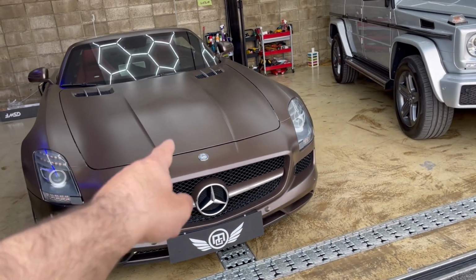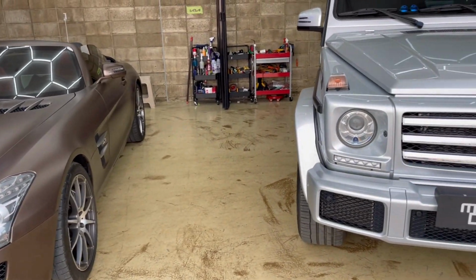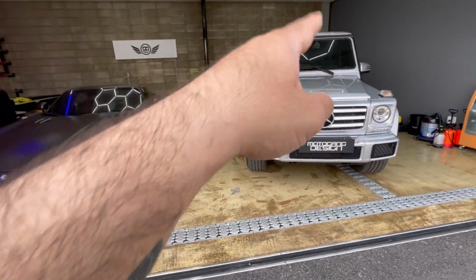He got an accident on the bumper. We need to rewrap the bumper and then the driver door. Be with me. G-Wagon is finished. I'm gonna take it out and